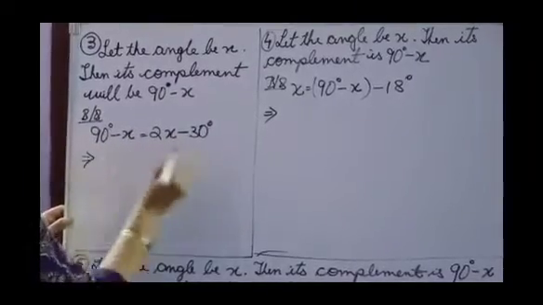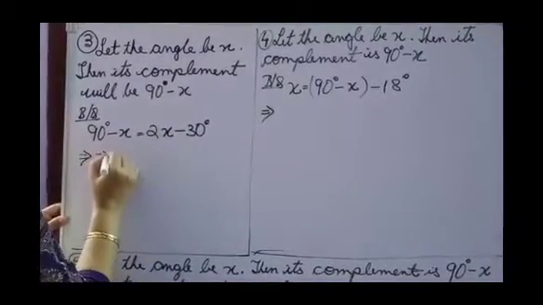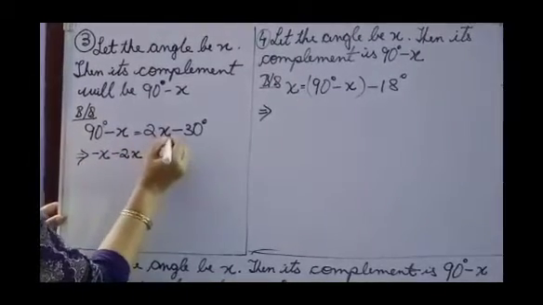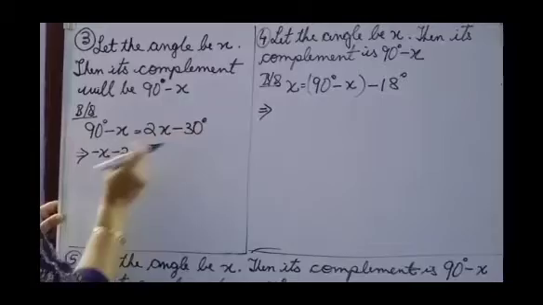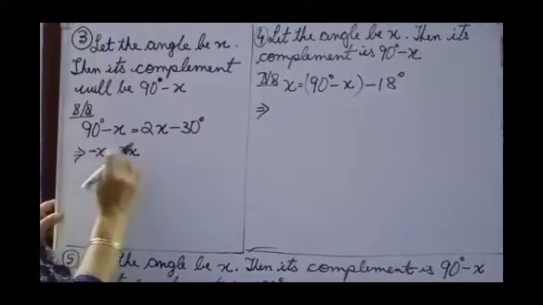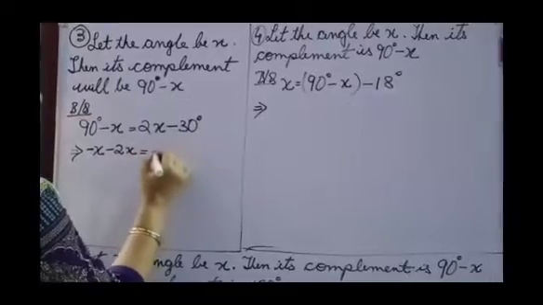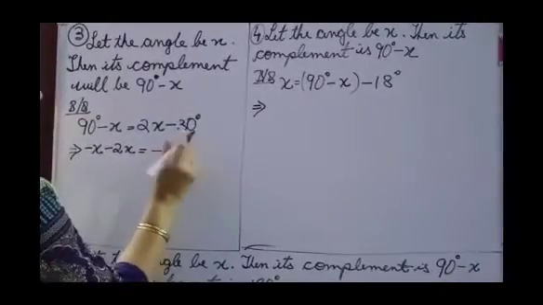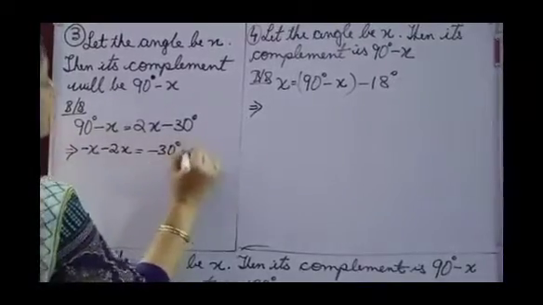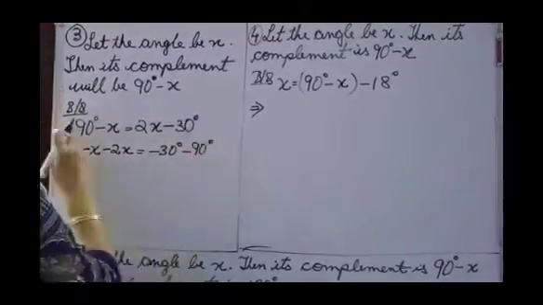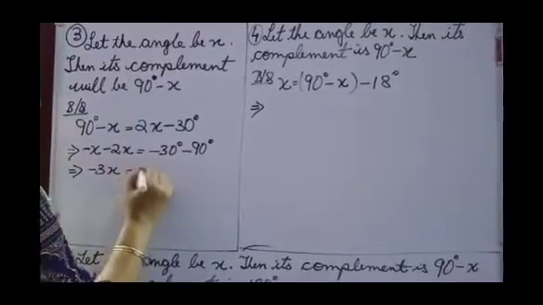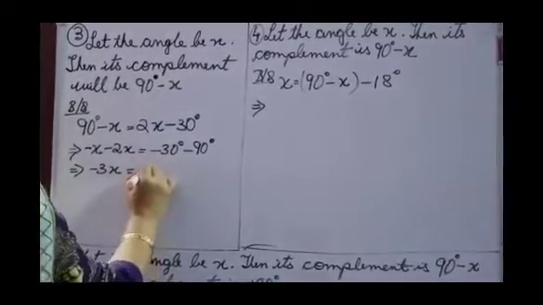Now how will you solve this? Keep this x on the left hand side because we need to find out the value. This twice x, when it goes from the right hand side to the left hand side, this plus 2x will become minus 2x, is equal to this minus 30, which will remain the same because it is on the right hand side. This plus 90 degree will become minus 90 degree because the side changes. So this is equal to minus 3x and equal to